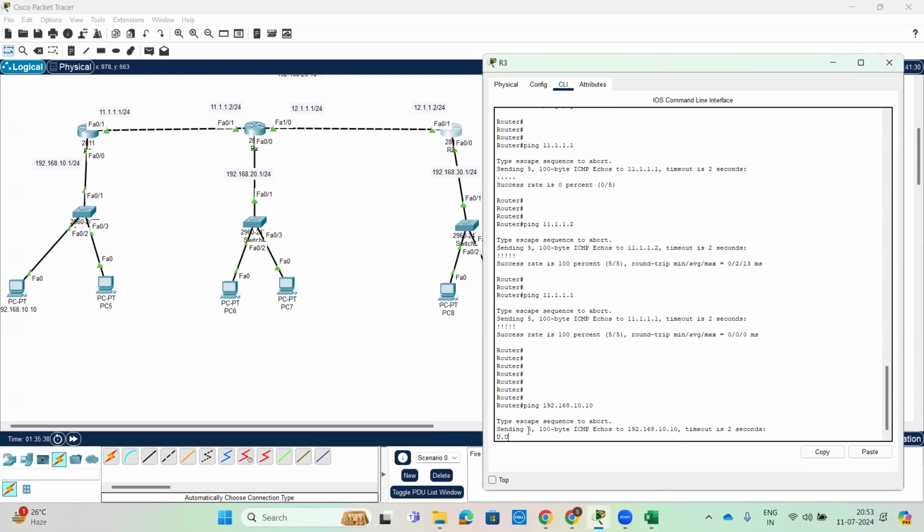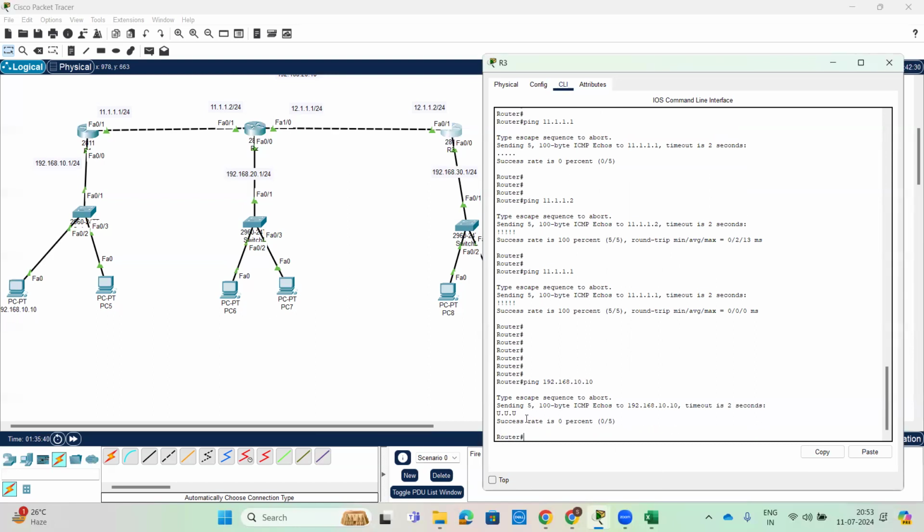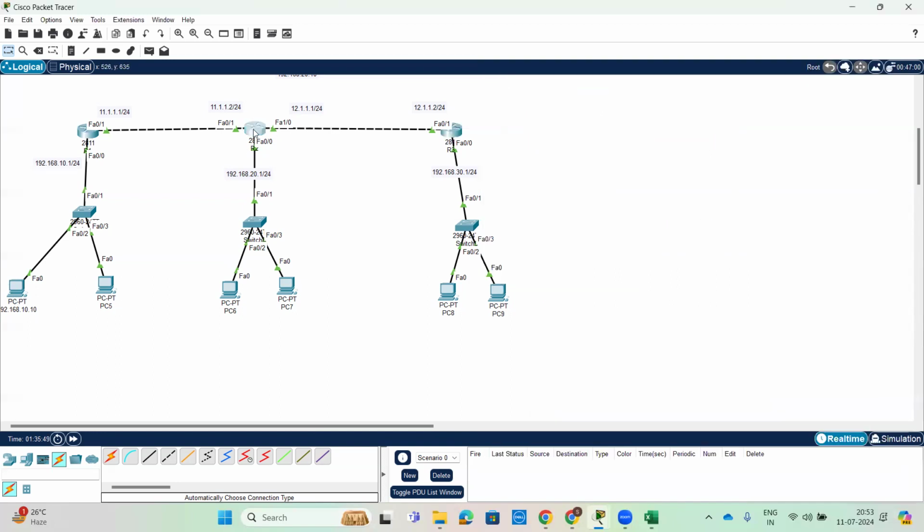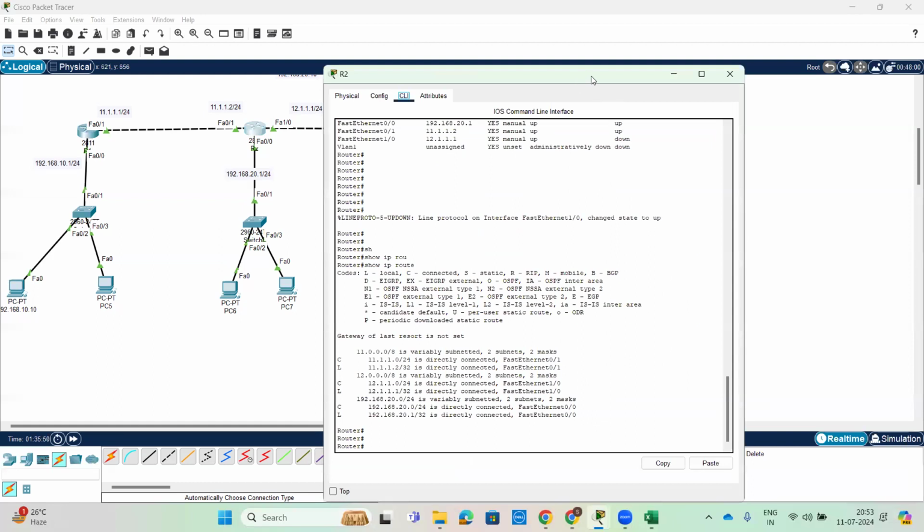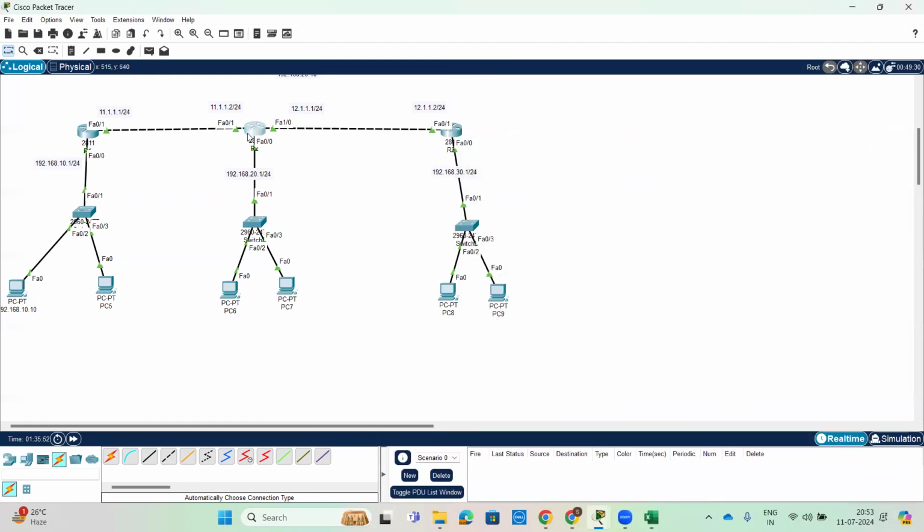Host is unreachable because this router doesn't have the path for these routes. Packets are dropping here only. So if you configure the same thing here, guys, understood? These routers don't have that path. If you try to ping this route,